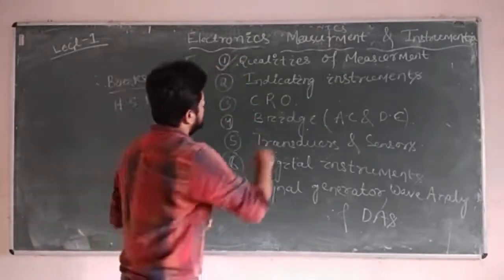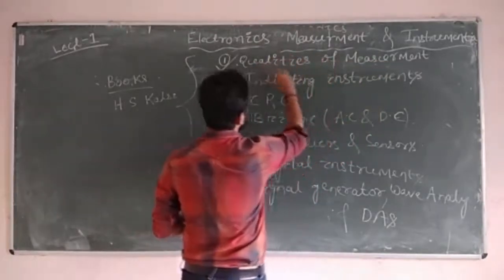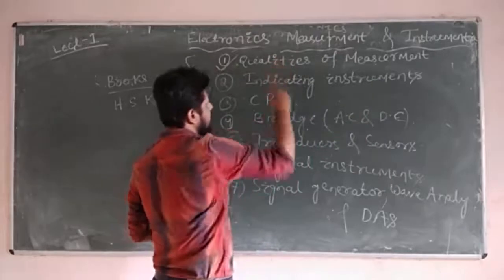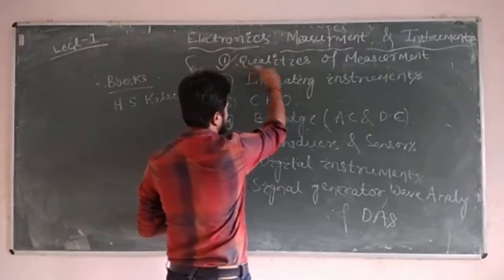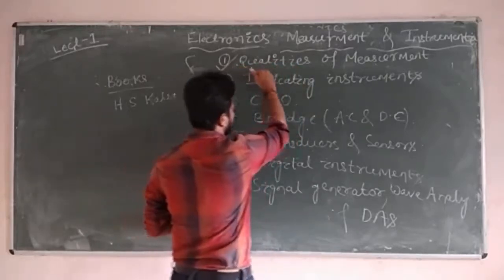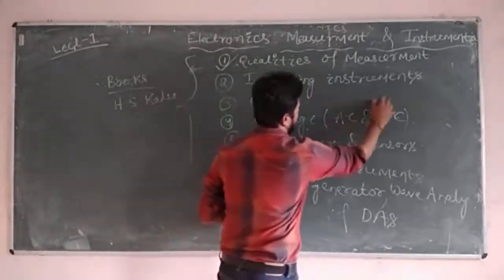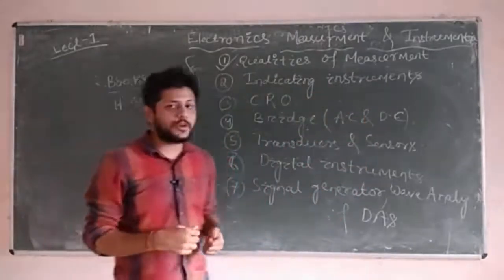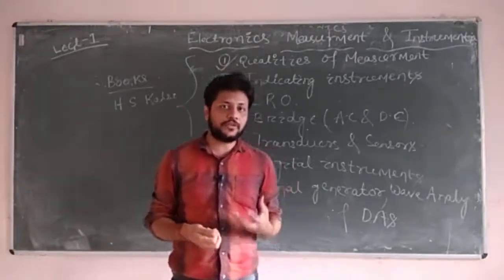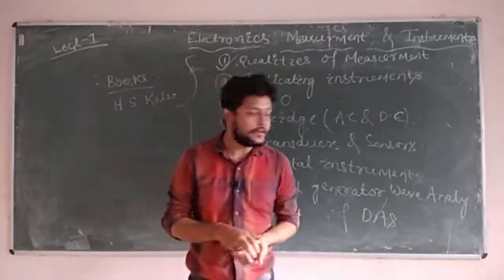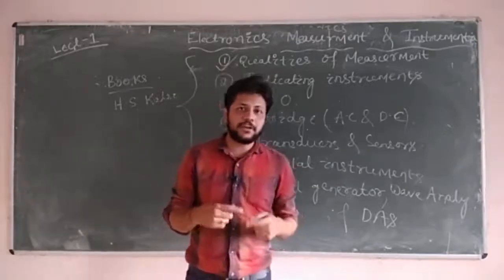In this we are going to study about a device where we are going to calculate its accuracy, how accurately it measures, and many other static characteristics and dynamic characteristics. We will discuss about it in this qualities of measurement. Then we have indicating instruments. For example, you are riding a motorcycle where we have seen an odometer, which is used to measure your speed. That is where a pointer is there which indicates the speed of your bike.